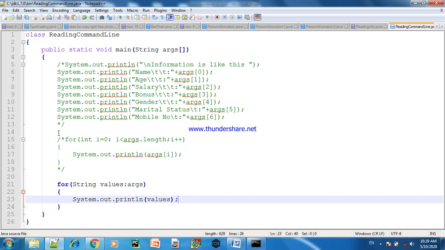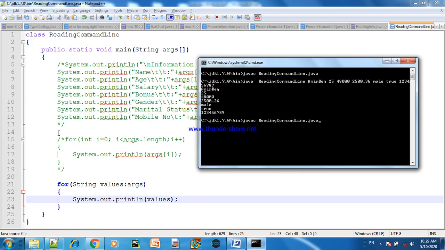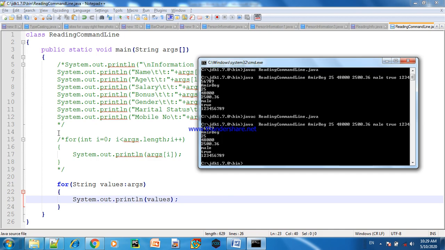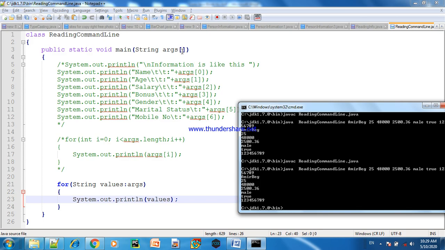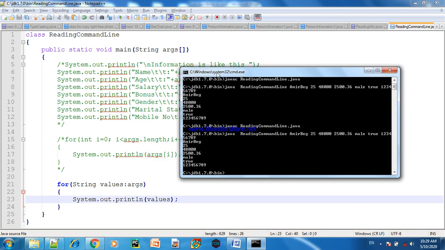Again save this program, Ctrl S, compile and run. This is the third way of reading data from command line arguments. It is by for-each loop, it is by for loop, it is direct printing with the help of specifying indexing. So in this tutorial I told you how we can read data with command line arguments in different ways.